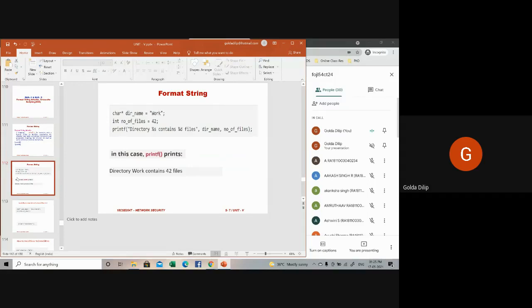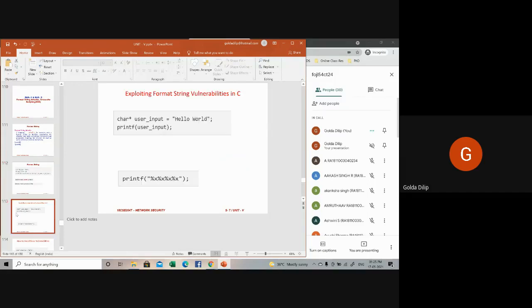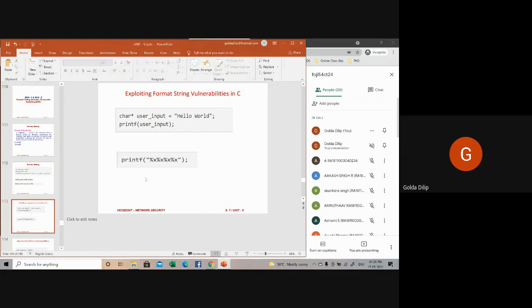I'll just give you an example. You can see here, exploiting format string vulnerabilities in C programming. The format functions, as you're aware, accept a variable number of arguments, in the sense of one or more.